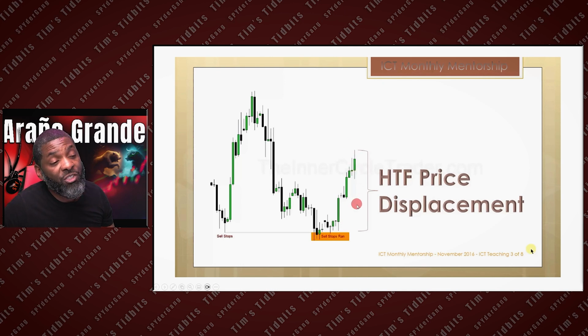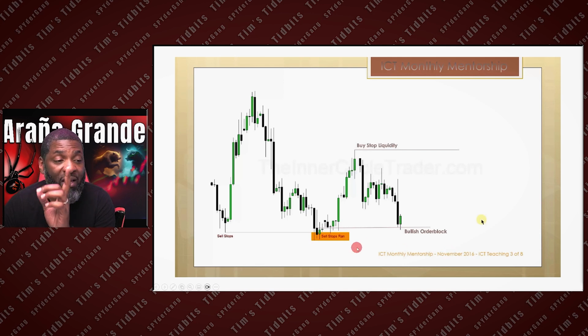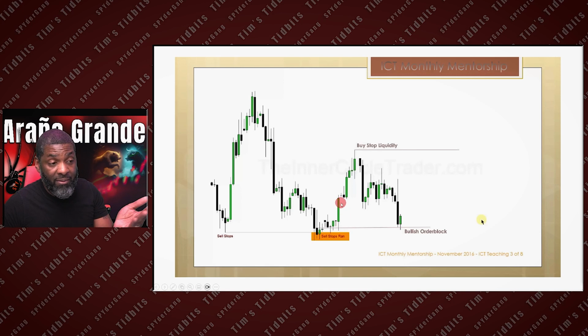You want to wait for a retracement back down into the discount, because we buy in discounts and we sell in premiums. But what is price? What has the algorithm left in place to let you know that a move back up will be protected? You have, in this case, a bullish order block down here. You got imbalances here. You got a lot of PD arrays that stacked up at a key level at your anticipatory reactionary point down here.